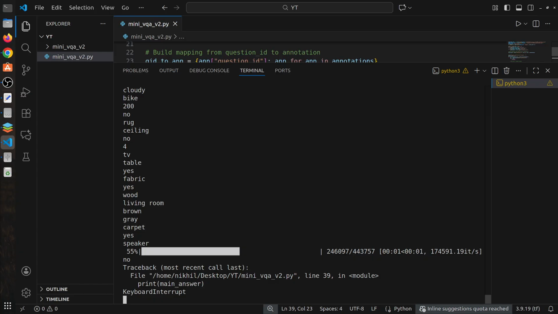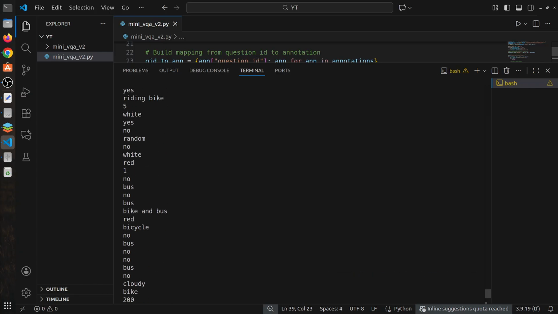So you can see these are the answers for all the questions, and many of them are one word, and this is what we want to remove from this data set. If you are working on a generative VQA, you want a token by token answer, but how are you going to generate a token if you have only one token? So your model would not be able to train, and it would not be able to give you even basic decent answers. So for that we need at least 3 words,